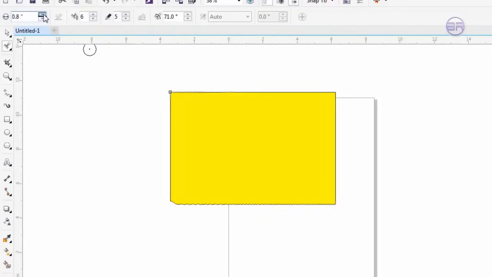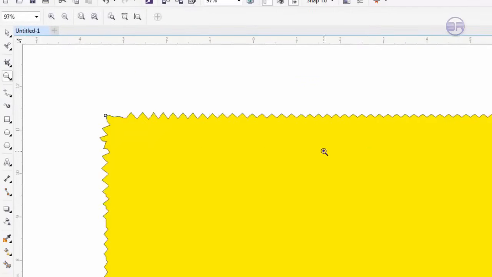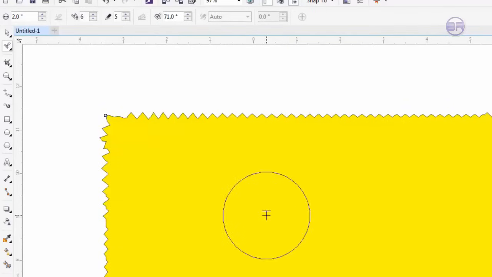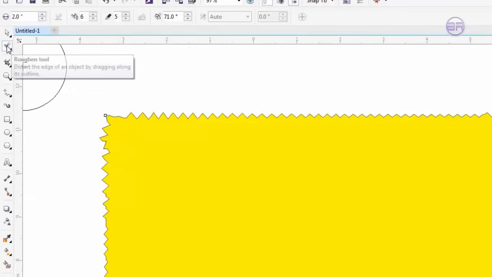Actually, we have a very small size for this tool, so we can increase it from this area. For example, make it 2. Now come here and you can see the shape. If I show you this shape here, we'll see more clearly. This kind of shapes you can create with this tool. Just drag it like this and you will see this kind of shapes you can easily create with this tool,